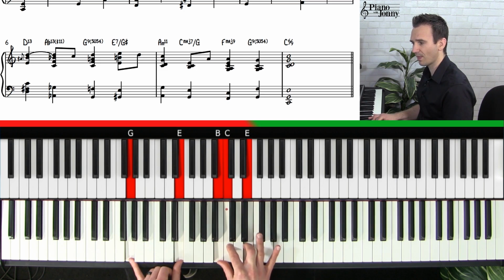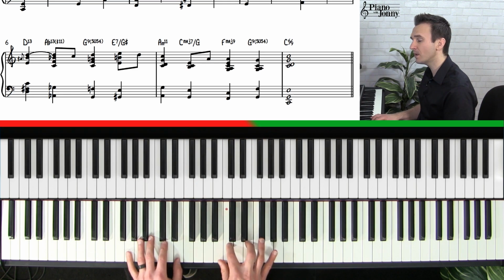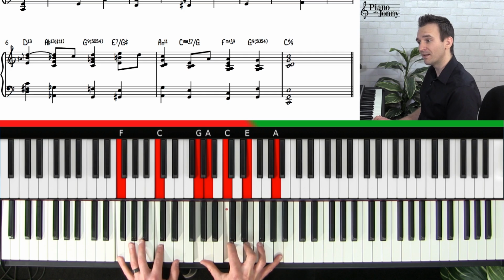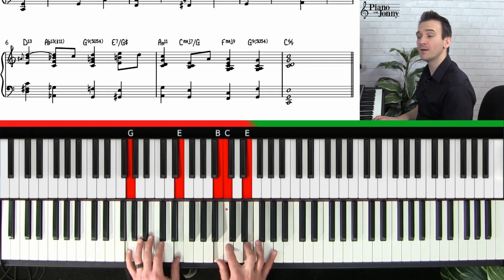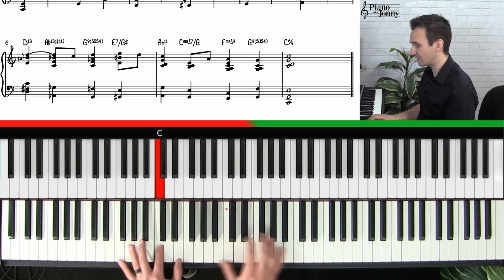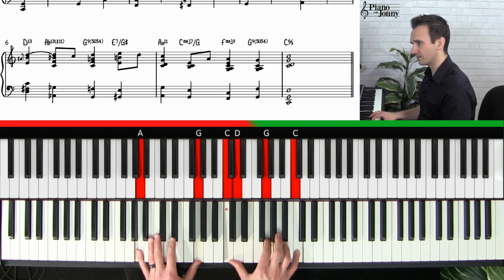This is moving underneath the melody. G, E, B, C, and E. We can think of this as a counter melody, right? Imagine a little cello line going, bum, bum, bum, right underneath the melody. That's kind of what we're doing here. It's a counter melody. A minor 11,